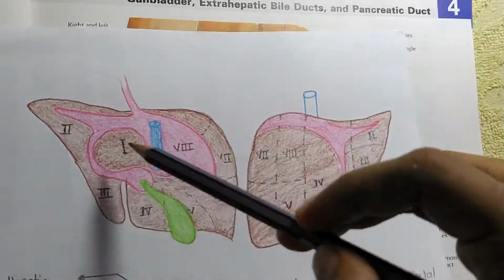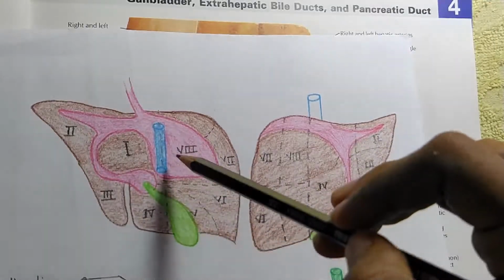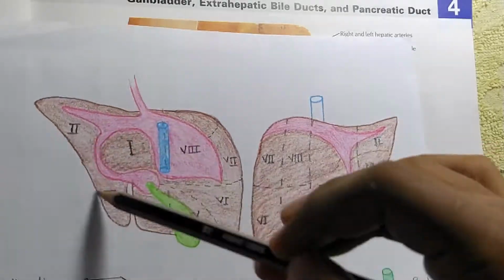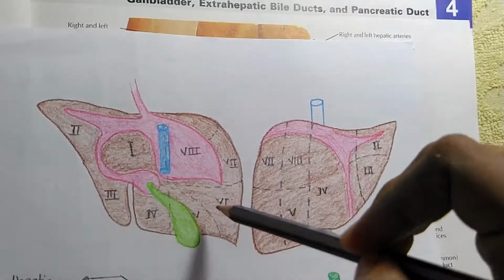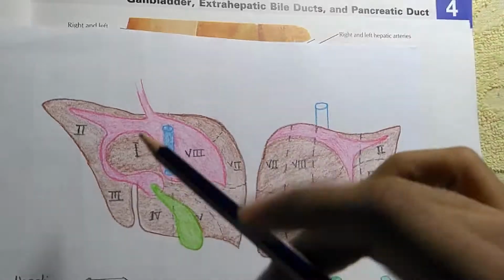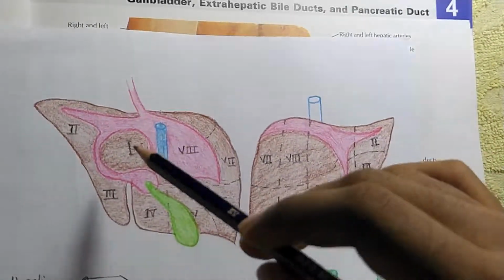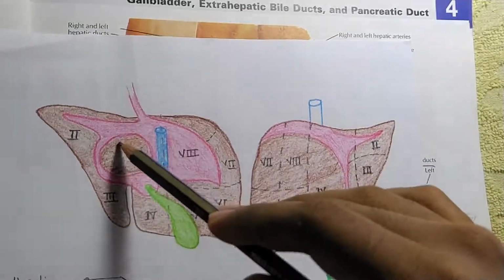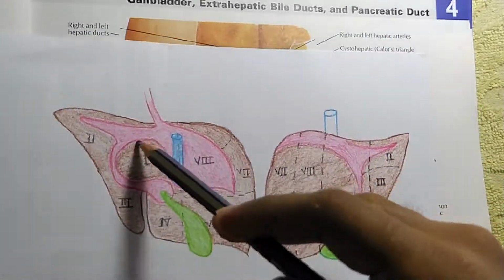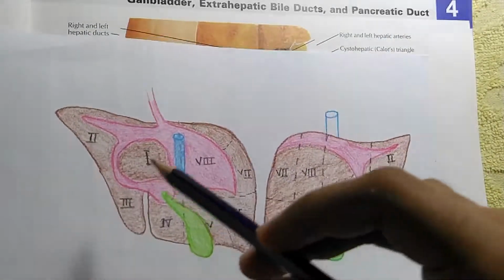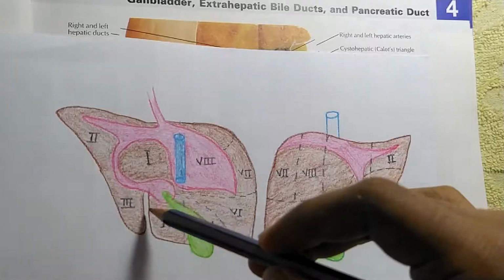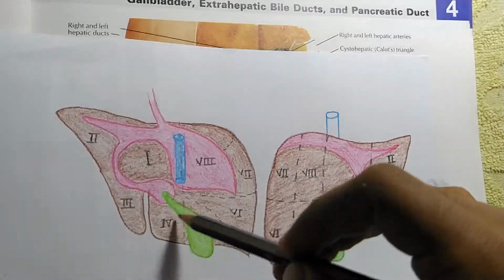Okay, so from the inferior surface, segments 1, 2, 3 and 4 are present in the left lobe, and segments 4, 5, 6, 7, 8, these are present in the right lobe. And functionally, the caudate lobe is segment 1. It may be asked in some exam, what is the Couinaud segment of the caudate lobe? That is number 1. And what is the Couinaud segment of number 4? It is called the quadrate lobe.